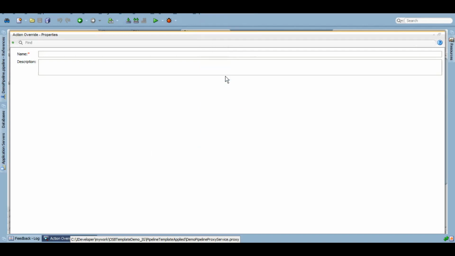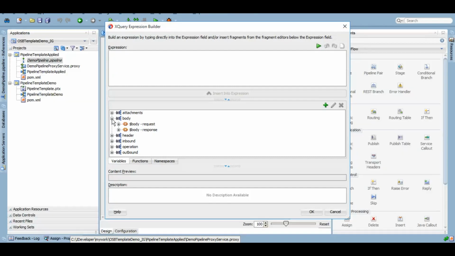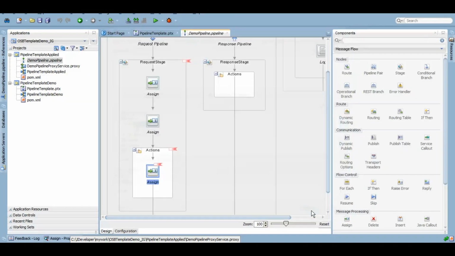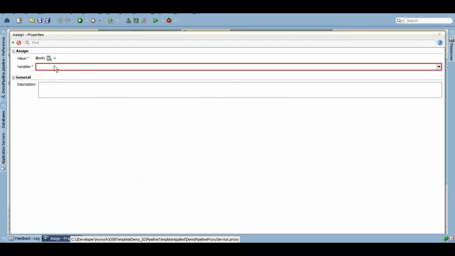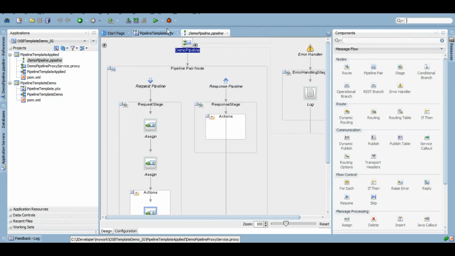So for now, let me just give an assign. If you don't give these placeholders, that means it is completely locked. You can't do anything on this.